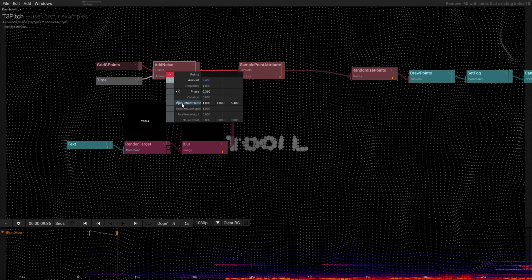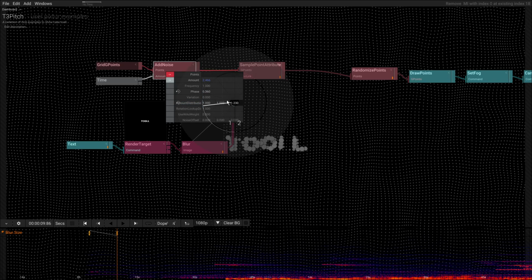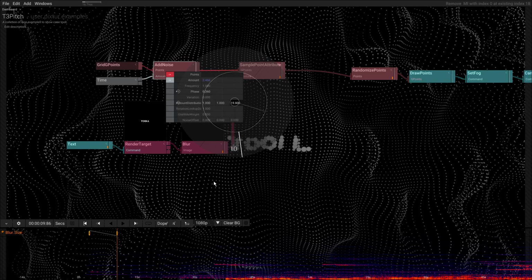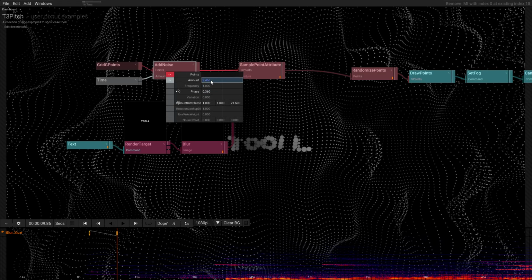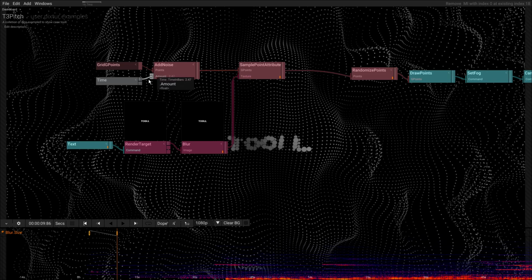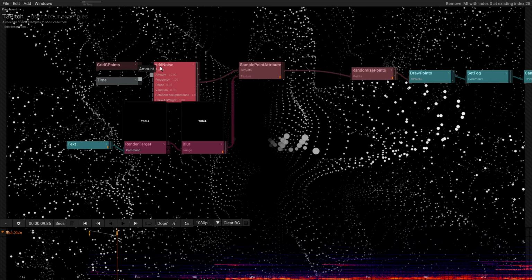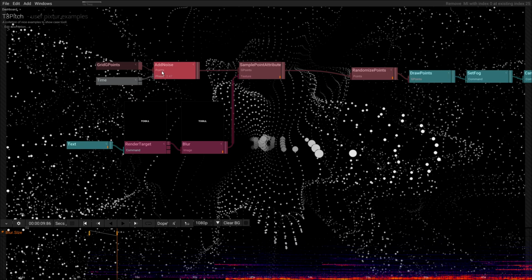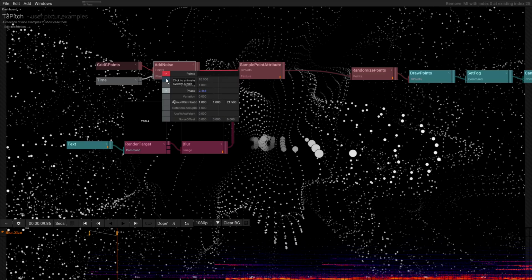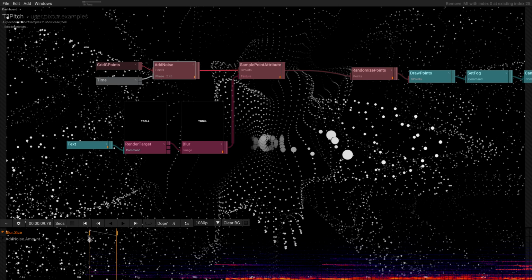Actually, it really looked nice, but there's also this amount parameter. So maybe we quickly change this to the face again, and then we say, okay, we animate this thing here, and let's move this in here.